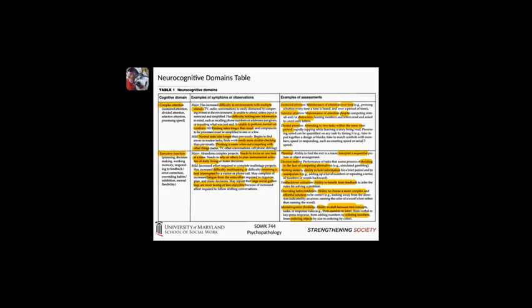The next one here, decision making. So deciding in the face of performing a task, deciding in the face of competing alternatives. So this can be